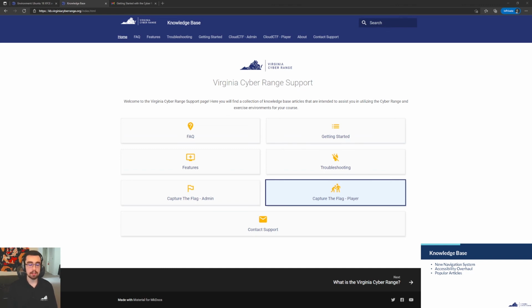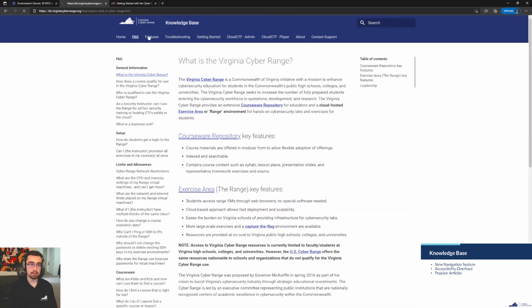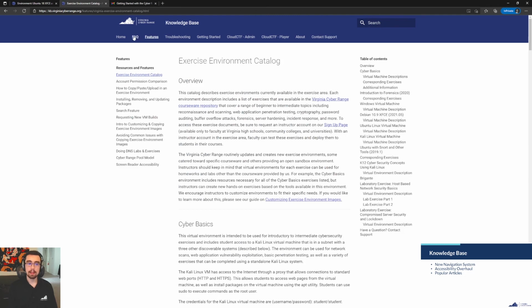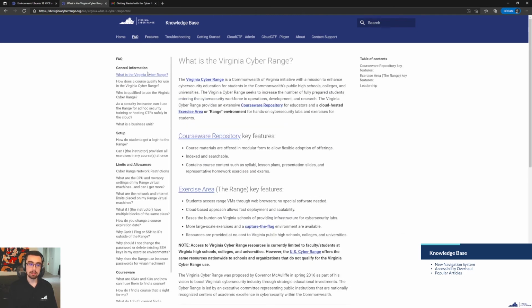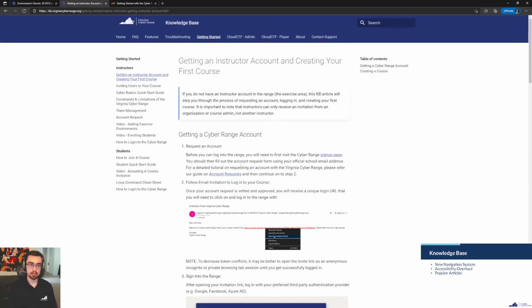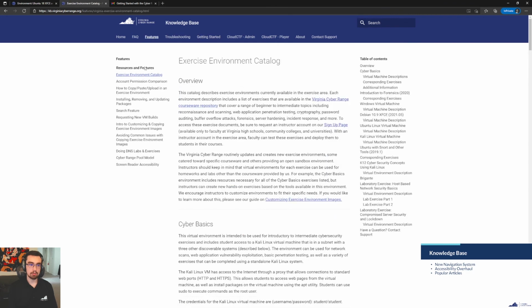So the first is our new navigation system. So we now use tabs as our primary navigation tool, and from each tab you can see there is a list of articles along the left side, and each article will have 3 sections. So let's say this exercise environment catalog as an example.